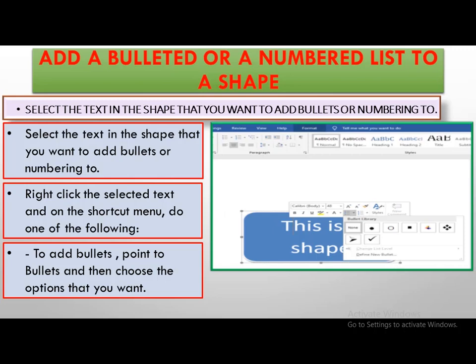Look at this picture, children. These are called bullets. From here you have to select any one bullet. In this way you can insert a bullet in your shape in the document.